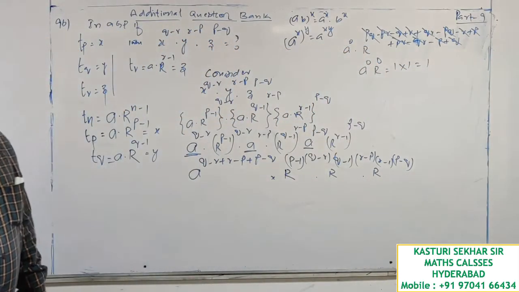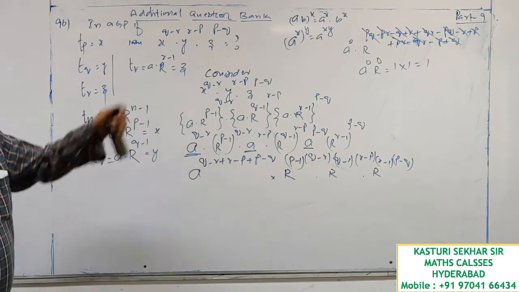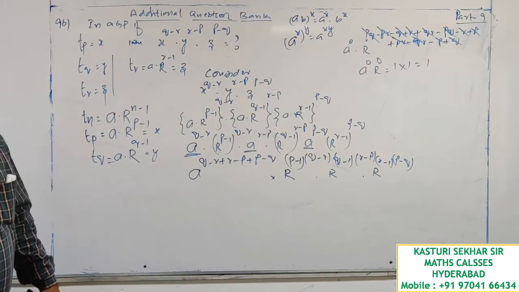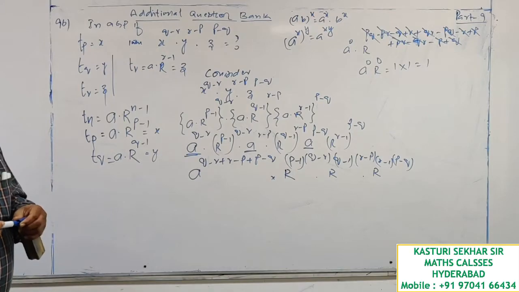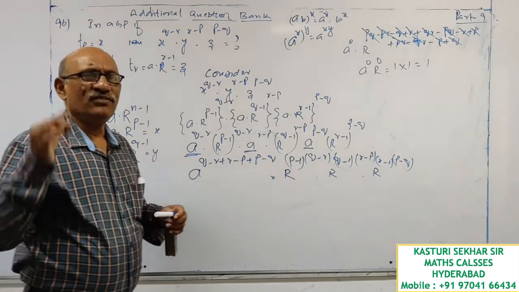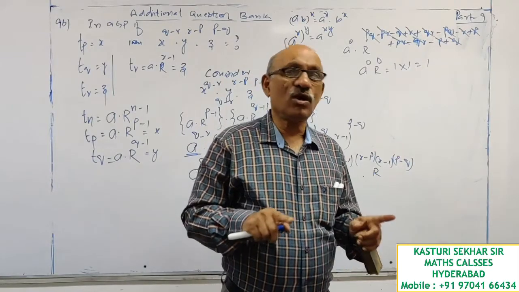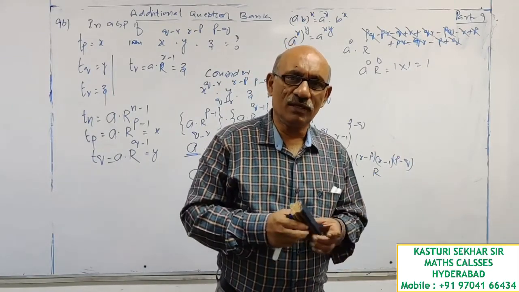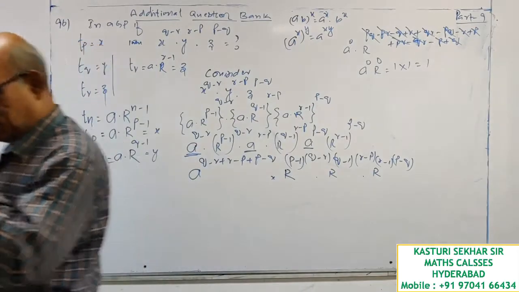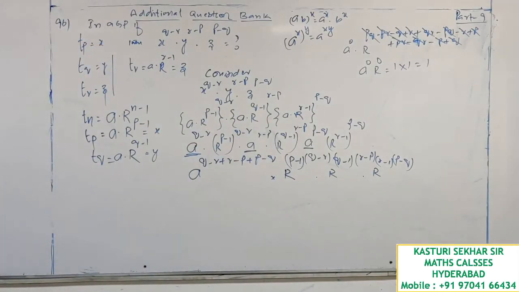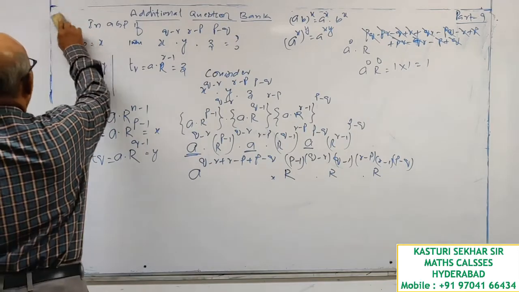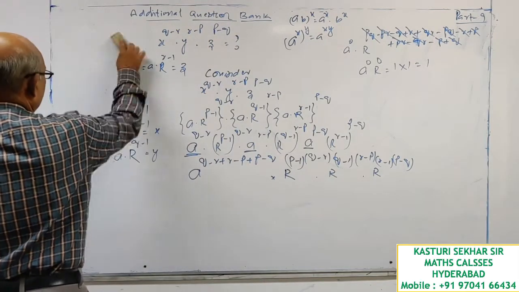Ultimately the answer is 1. So whenever a problem of this type is given, simply add the powers. For most of the questions, 9 out of 10 problems, your answer is 1. Next, look at question number 97.